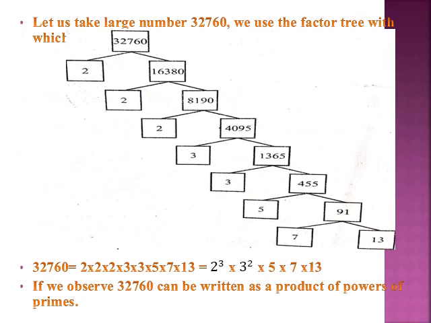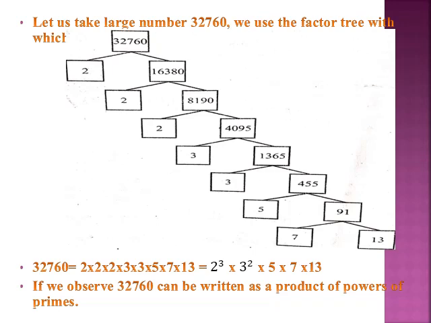So let us take a large number, 32,760, and we use the prime factor tree with this. See here it is the factor tree. 32,760 is divided into two parts: 2 into 16,380. Then 16,380 is again divided into two parts: 2 into 8,190. Then 8,190 again divided into two parts: 2 into 4,095. Then 3 into